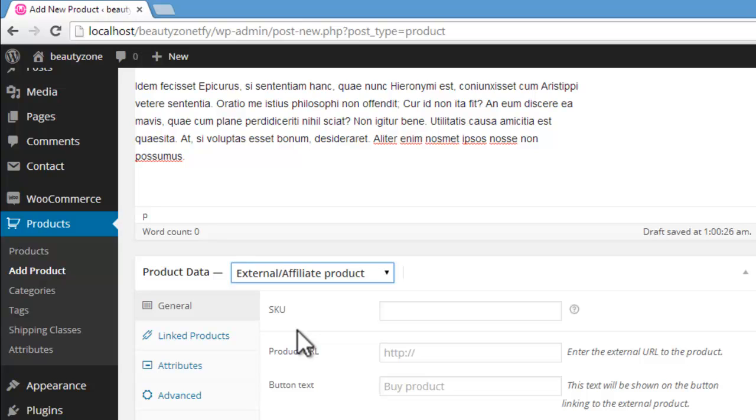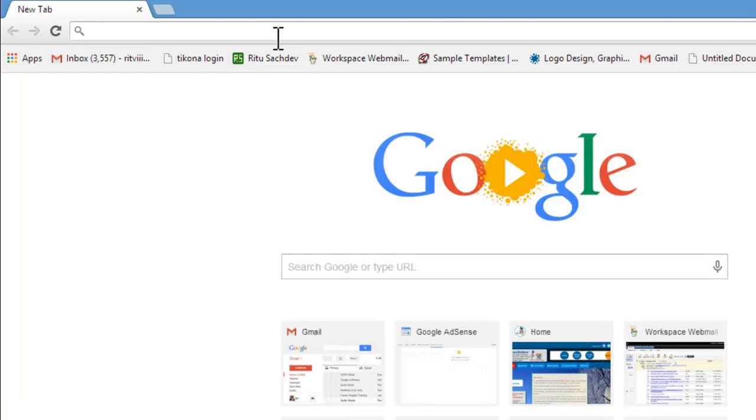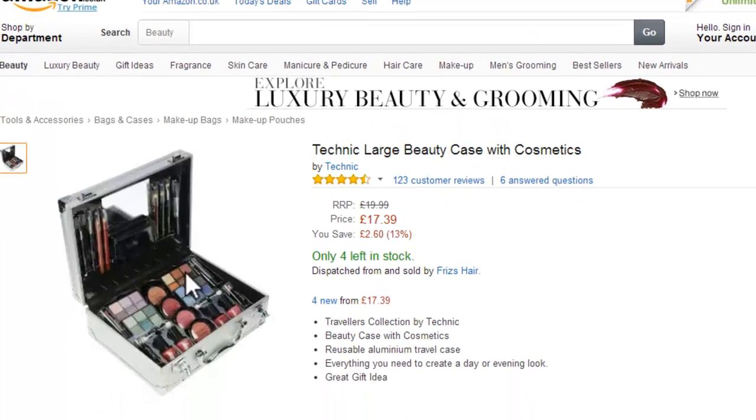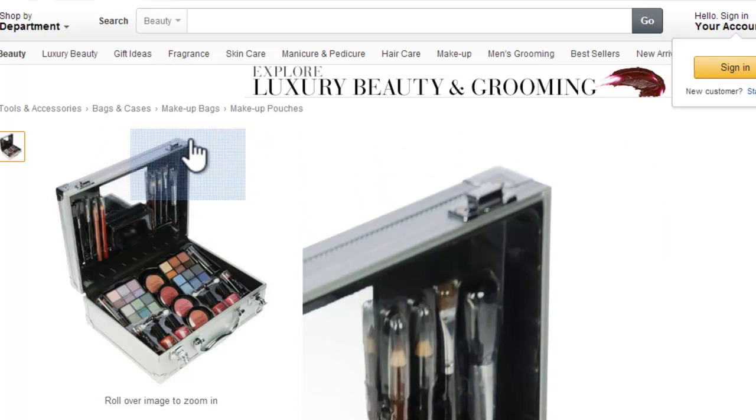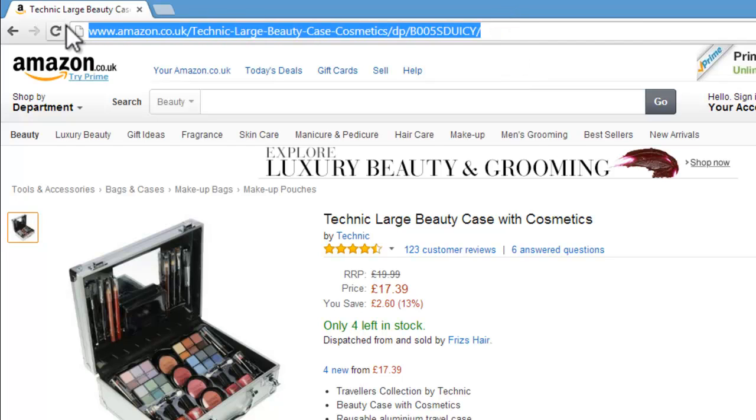See, like if I have a product on some other site on amazon.co.uk, so this is the product I want to sell on my site. If we sell the product of some other site and they give us a little amount of commission, so we will just copy this URL address